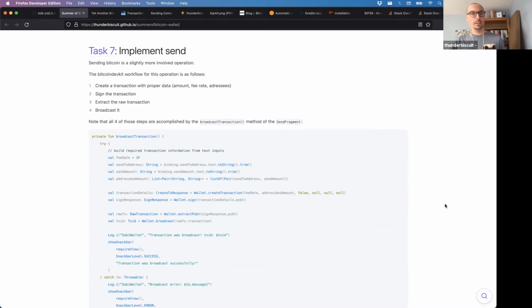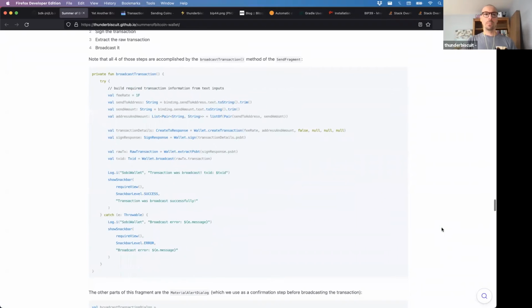Or you could send it, right? You could send it in an encrypted way through text message or encrypted email, whatever, to somebody across the world, and then they could broadcast it from there. So the broadcast location would be different than where it was actually created. So those are very separate ideas: building it, signing it, and then broadcasting it, 3 very separate tasks. And we can do all of those with the Bitcoin Dev Kit. So